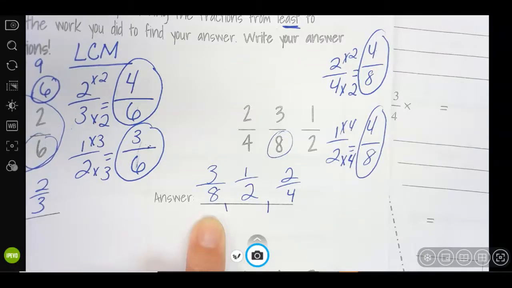Super important about putting these fractions in order: the easiest way is to make them have a common denominator. Questions, guys? Okay,